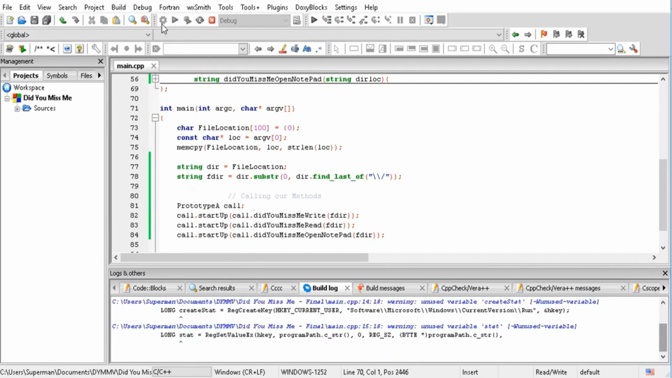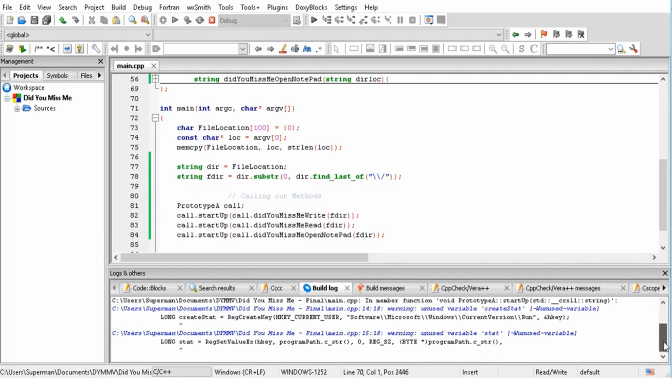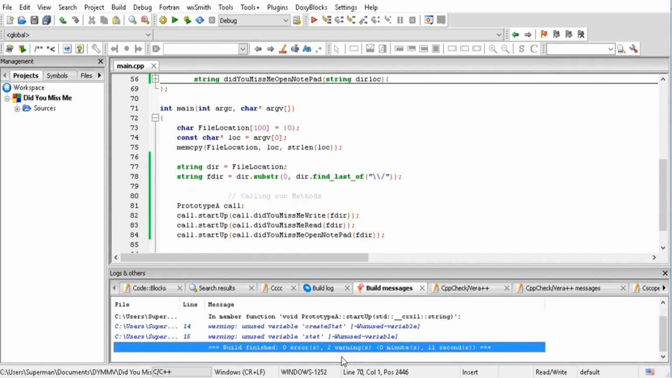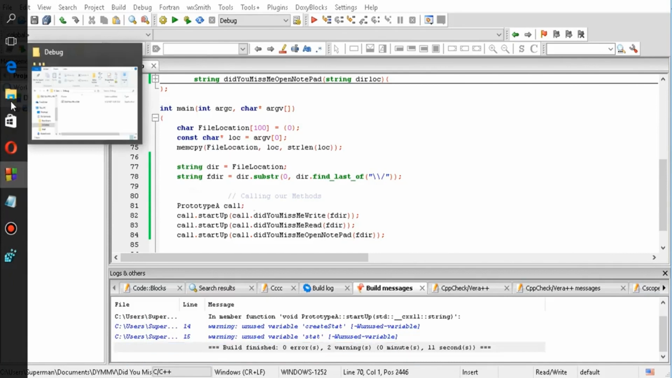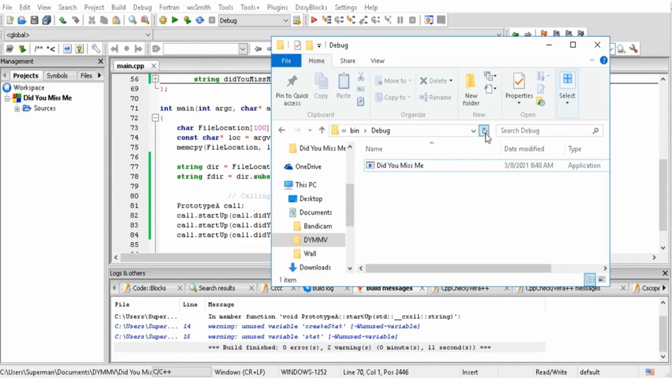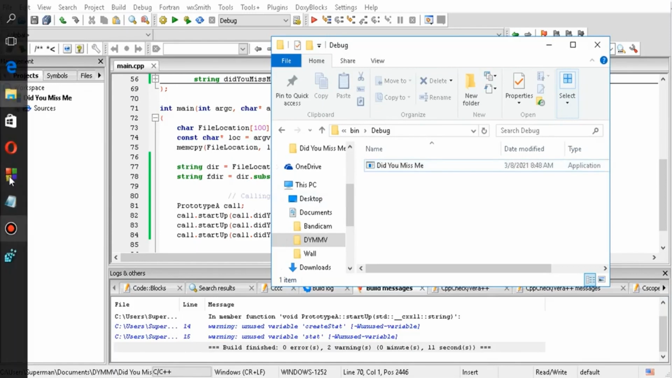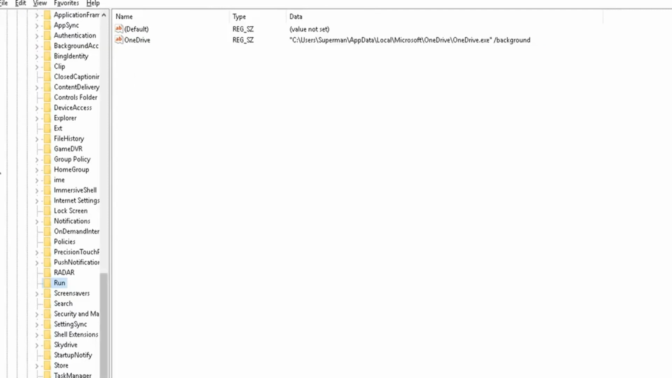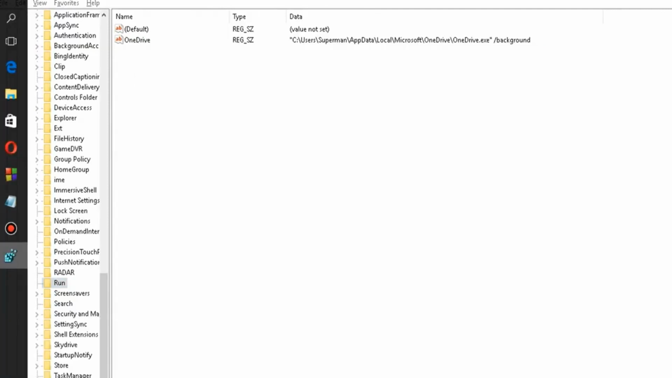And let's build it again. I think we should not have any errors. Oh no, we don't. And it's built with 2 warnings. And again, we can always ignore warnings. And when I double click on it, it should add our programs right here. You can also test them